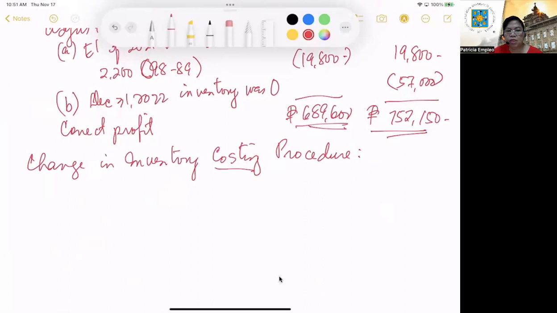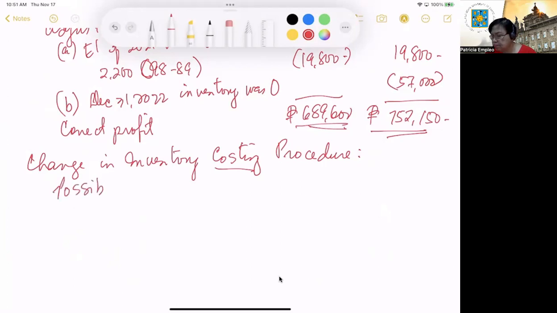So, kailan lang pwedeng gamitin o kailan lang pwedeng mangyari yung change in inventory costing procedure. That is, if the goods are not specifically identifiable, because the costing procedure that will be adopted by the company will depend upon the accounting policy of the entity for the inventory costing, and therefore the possible